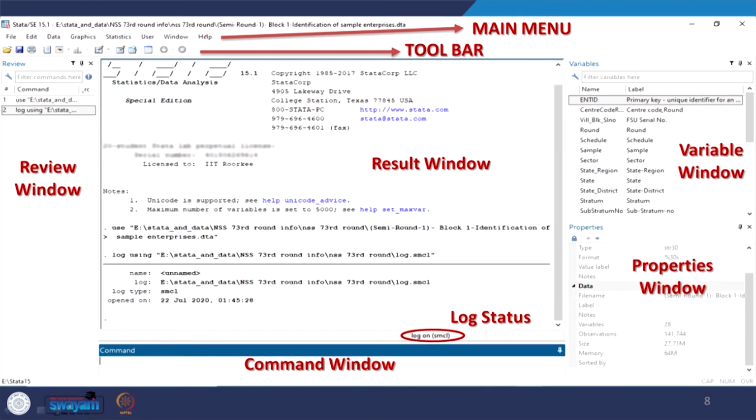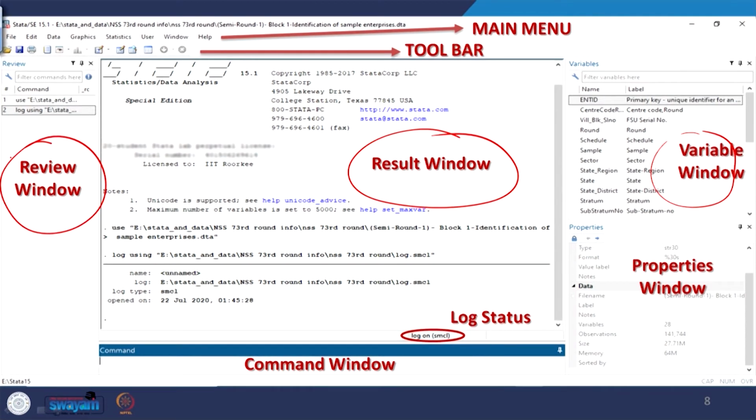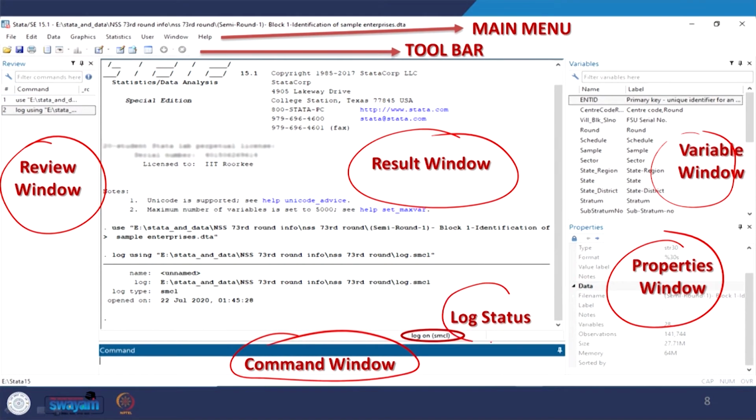Here is the screen, okay. The menu bar, the toolbar, then there are different windows for our operation related activities in Stata, like the review window, result window, then variable window is here, result window is here, then review window is here, then properties window is here, then command window, then log status.